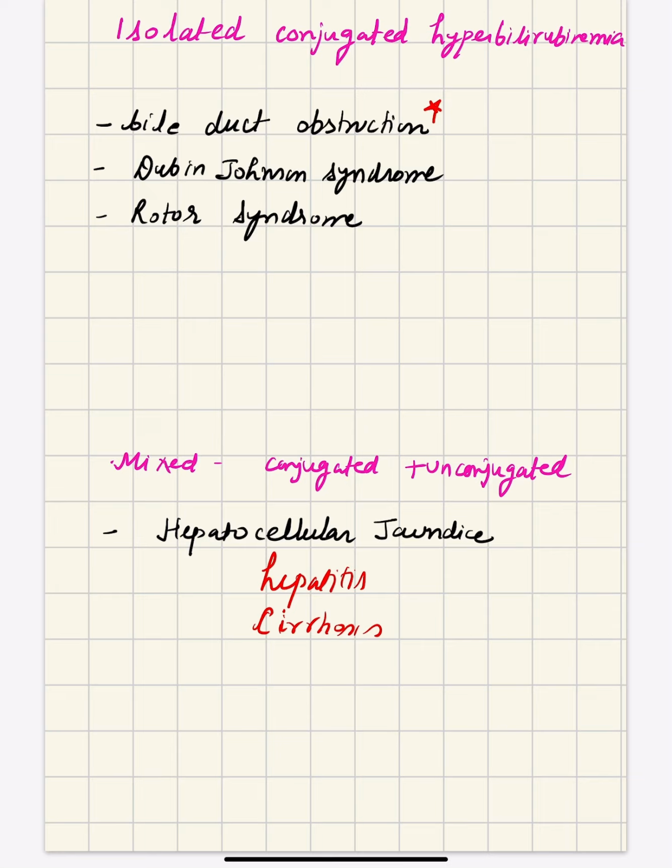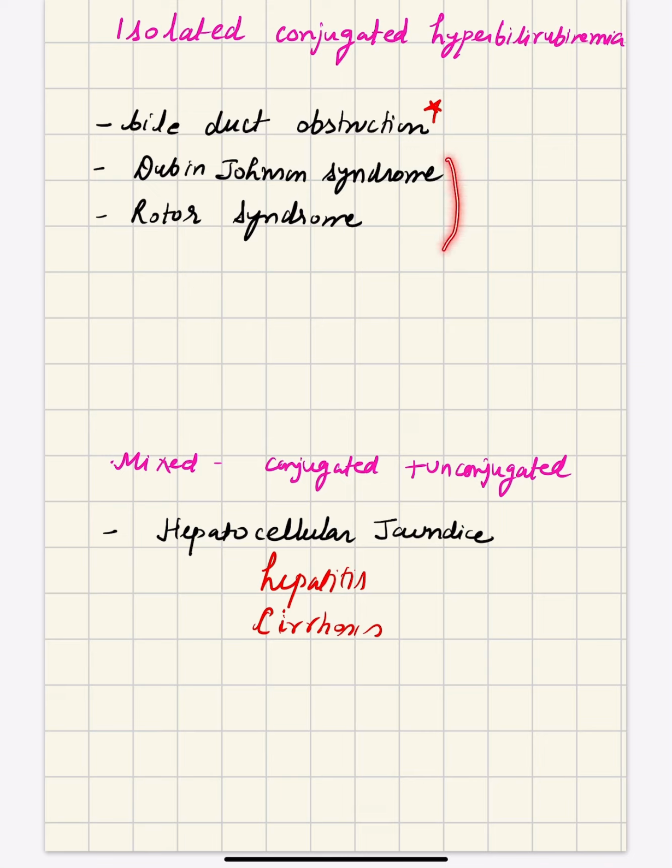So now we come to conditions where there is only conjugated bilirubin seen in the serum. One is bile duct obstruction of the extrahepatic bile duct, with the conditions I enumerated in the last slide: strictures, stones, cancer in the common bile duct. All those conditions will cause bile duct obstruction and stasis of the bile, and all the conjugated bilirubin will spill over into the blood along with the bile salts and bile acids.